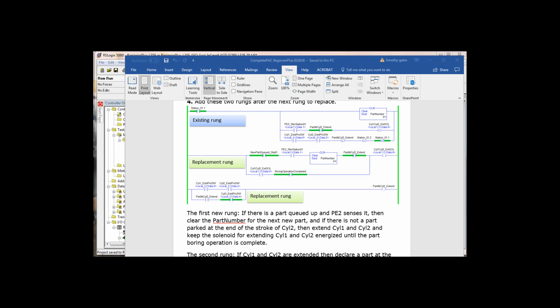Looking at the two replacement rungs, in the first one, if we have a new part queued and it hits photo I2, in other words it blocks the optical path, we're going to clear the part number at that point. And if we don't already have a part at cylinder 2 extend, then we're going to extend cylinder 1 and cylinder 2. And if we turn on the output bit 0 there, to extend cylinder 1 and cylinder 2,